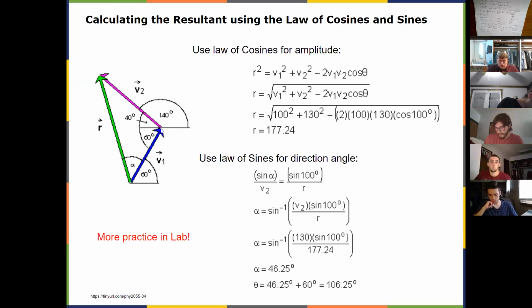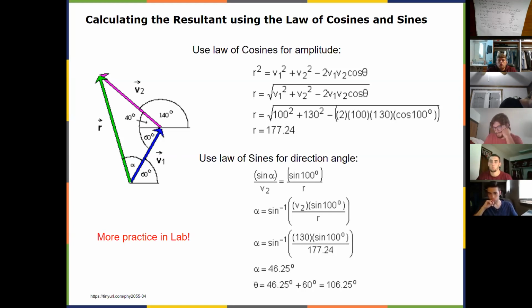If you do v1 plus v2, now you place the tail of the second vector on the head of the first one, then the resultant points from the tail of the first vector to the head of the second vector. Okay, and in this case, it's given, it's not listed here, but it's given that v1 is equal to 100, the length, v2 is equal to 130. Okay, so then instead of doing the x and y components of v1 and v2 and then add them up to get the resultant vector, you can apply law of cosines directly to get the magnitude